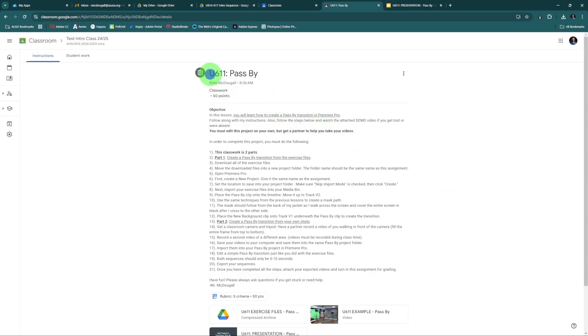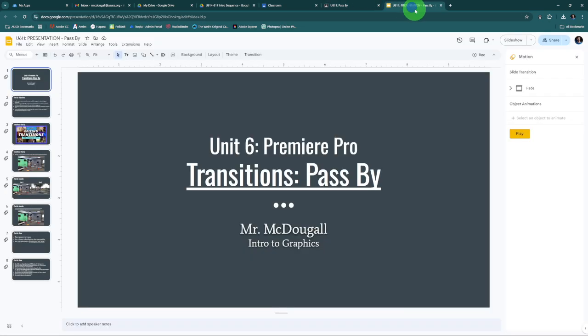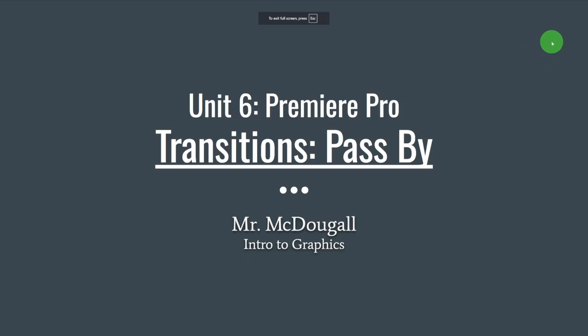This will be our third and final transition type exercise. So we're going to talk about one more from the Studio Binder video called the pass-by effect. So let's talk about what that is. This is something that you've practiced before, and I'll show you how you're going to do it using the mask